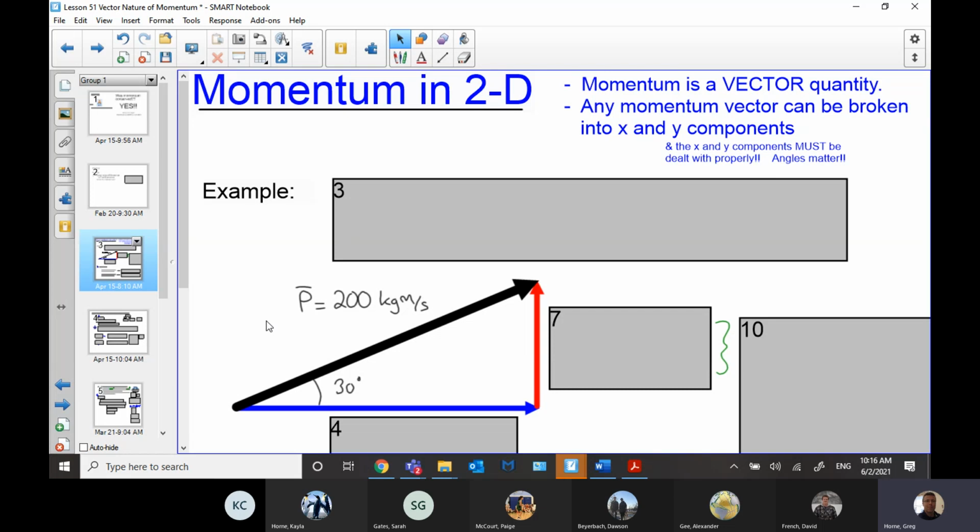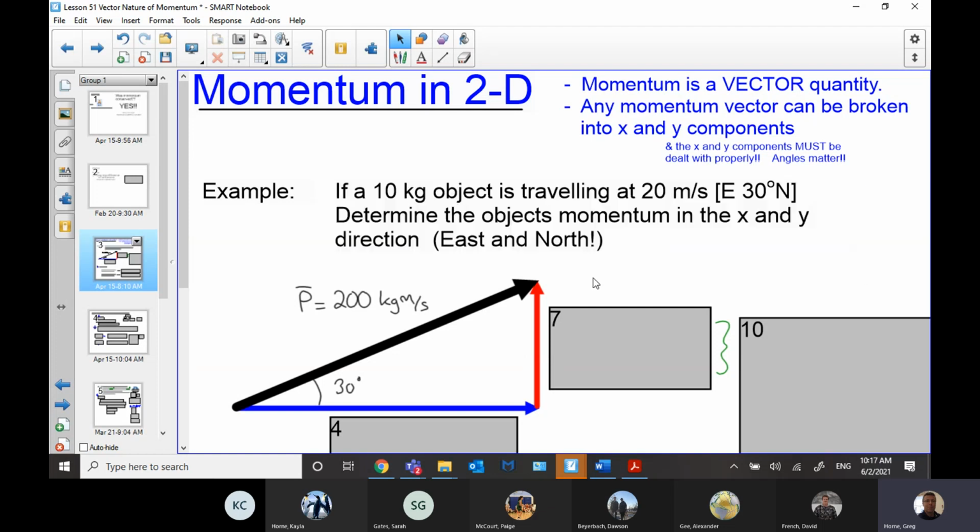If I go back to that original lesson where I showed m1v1 plus m2v2, I pointed out that we're always talking about the x direction, but we didn't really need to talk about it because it was all just x direction stuff. Now we're going to have more than just x direction stuff.